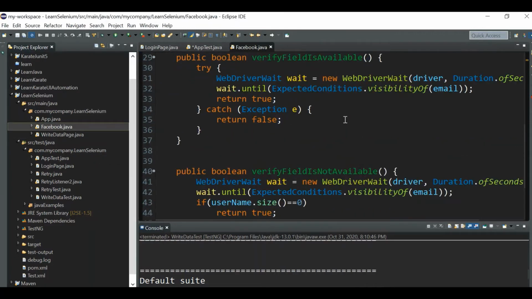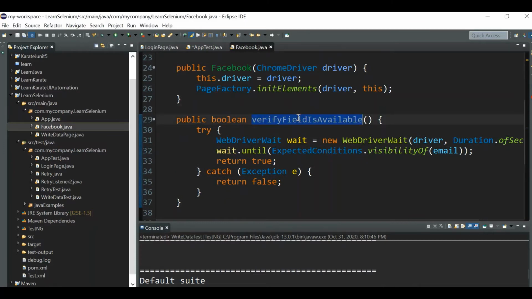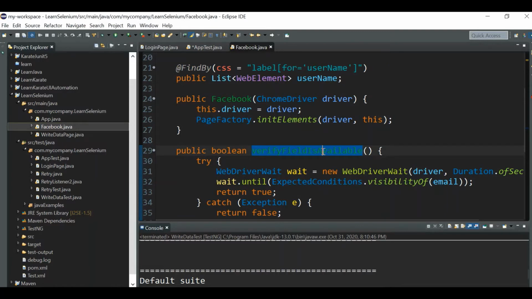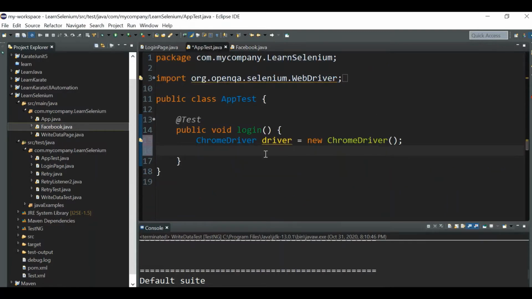The Facebook class has a function verifyFieldIsAvailable. To call that method, we have to create the object of the Facebook class: Facebook FP equal to new Facebook of driver, right?